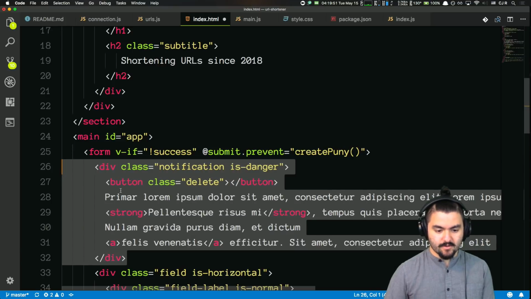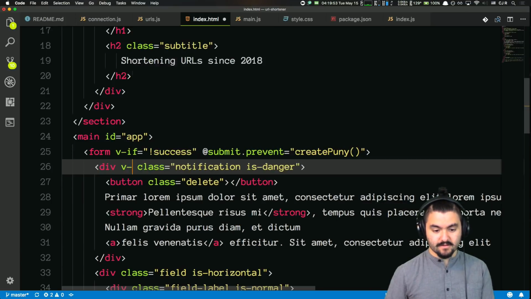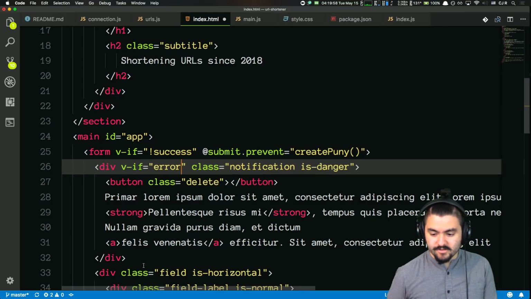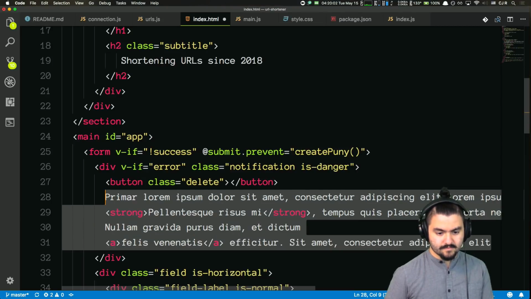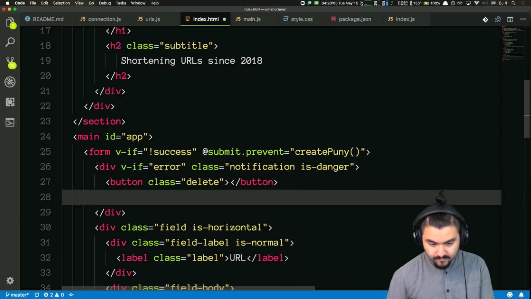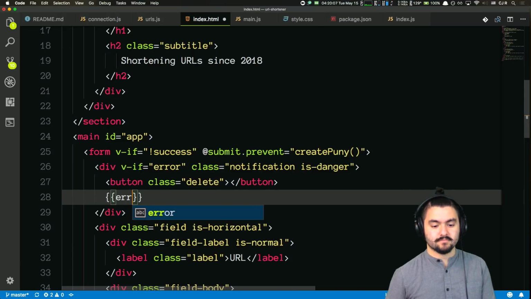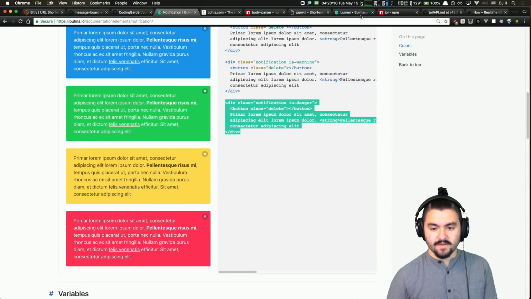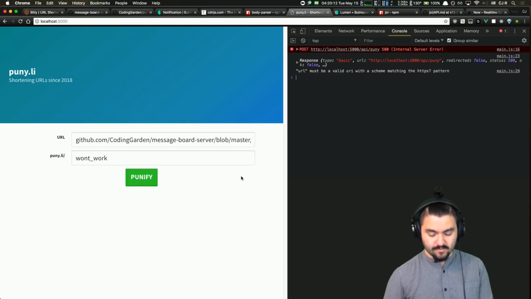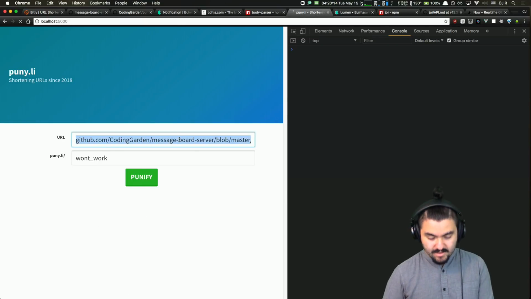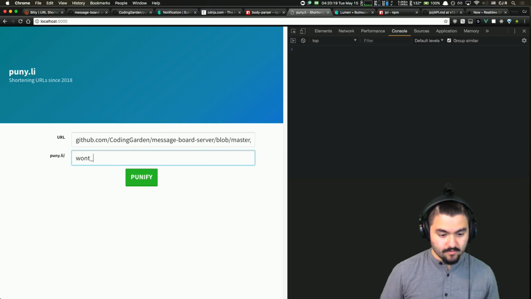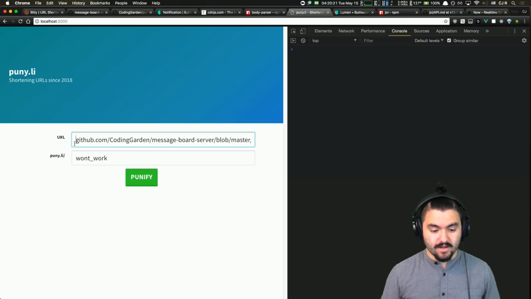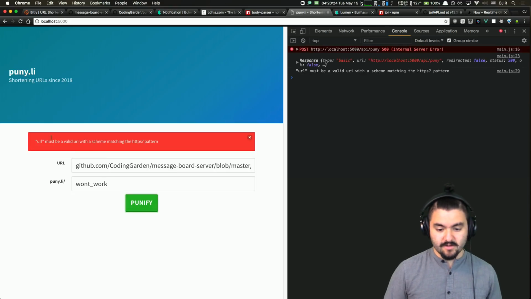And we'll say only show this if there is an error. And just inside of here, we're just going to put error. So now we should see the error on the page. So let's try one last time. If we put in a URL and then we put in something, well, the URL won't work because it doesn't have a valid URI. Do that. We get this error message and then we can,